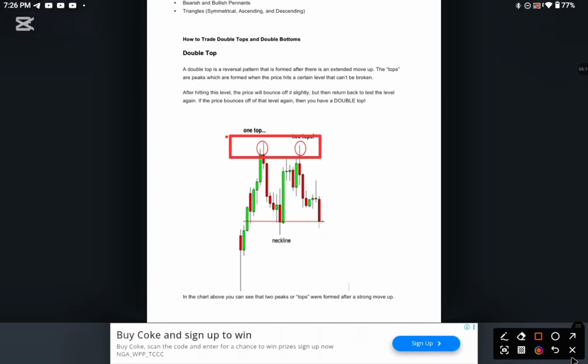Do you understand me? So a double top is a reversal pattern that is formed after there is an extended move up. Look at it, this is the extended move up. The tops are peaks and are formed when the price hits a certain level that can't be broken. After hitting this level, basically speaking, you have your resistance zone around here. Do you understand? You have a previous resistance zone here,